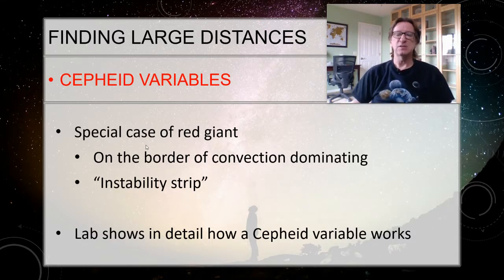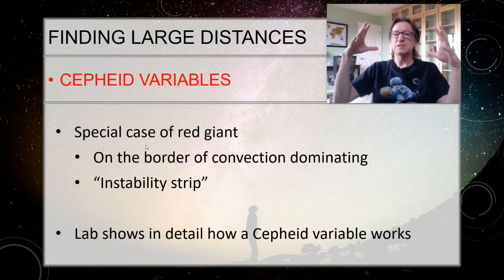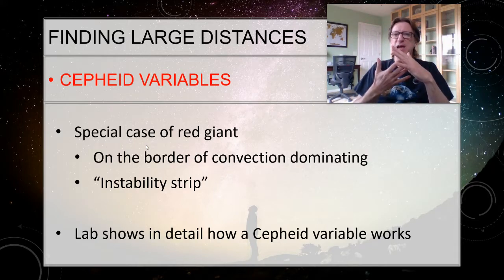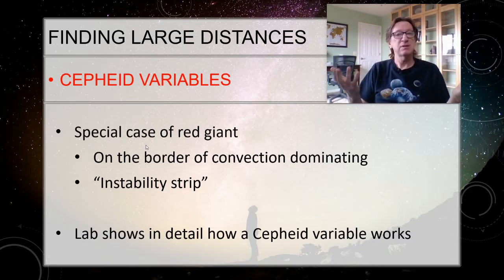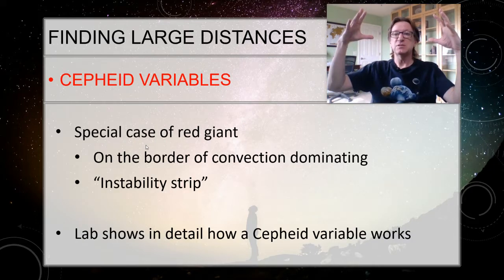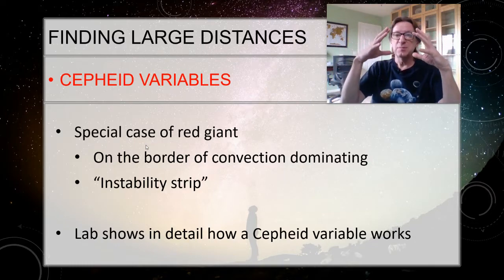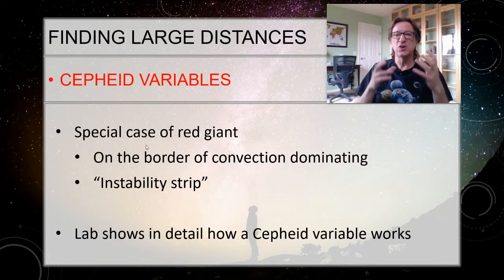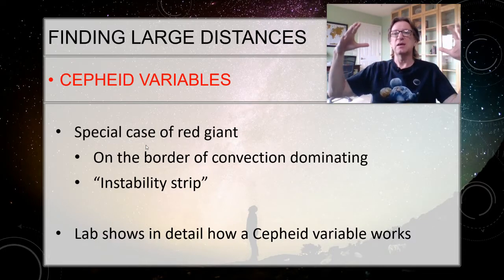In this case, though, the star gets big, but it's right on the border. So as it gets big, that gas gets thinner. And so the energy, the radiation, can actually pass through. Well, when that happens, convection is stopped. When convection stops, then, it shrinks. But as it shrinks, the gas gets thicker, and then the energy can't get out. So convection takes over again, and it gets bigger.